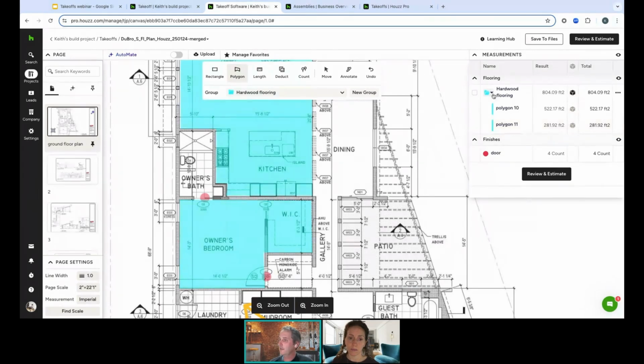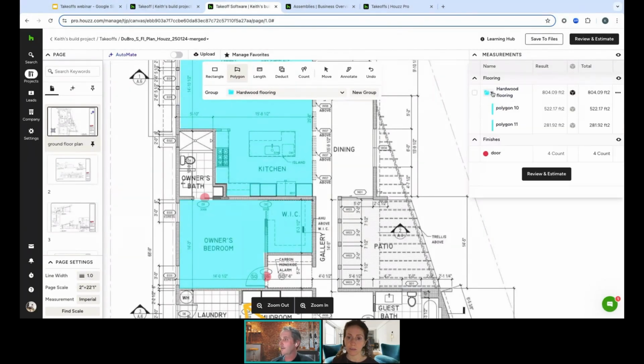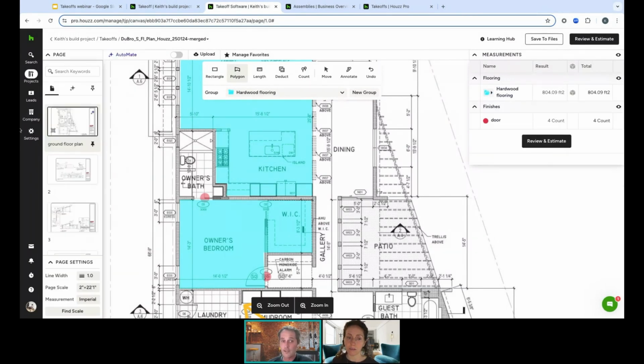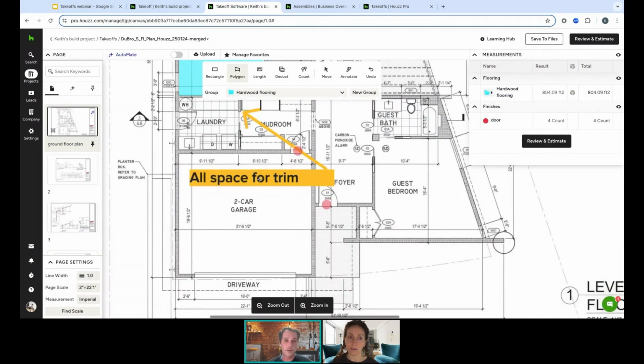So there you can see on the right-hand side, we have a drop down here where you can see the measurement for the hardwood flooring. So the next thing that I'd like to show you is maybe how to add a depth to a measurement. So if you were, for instance, doing a concrete slab for the whole house, or if you were